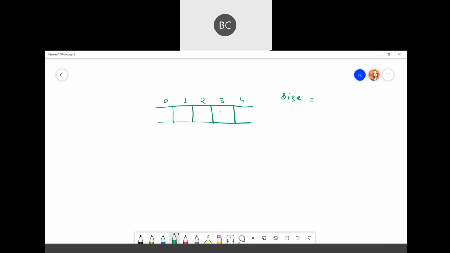Suppose this is your front and this is your rear. Initially both front and rear are, let's say, -1. That means your queue is empty.